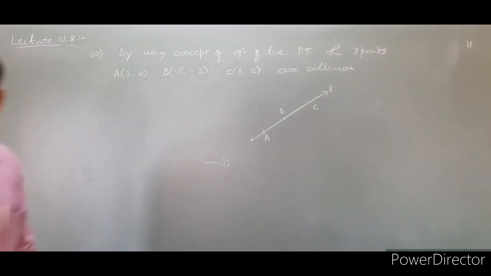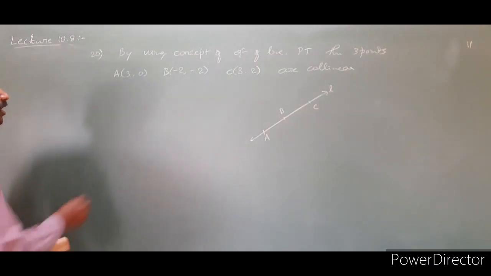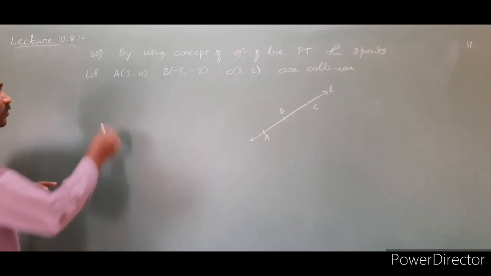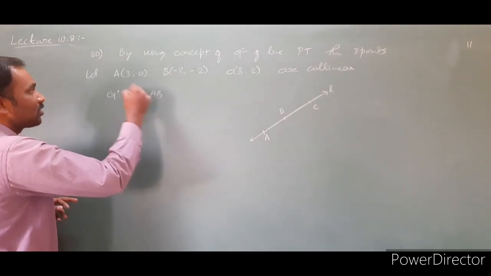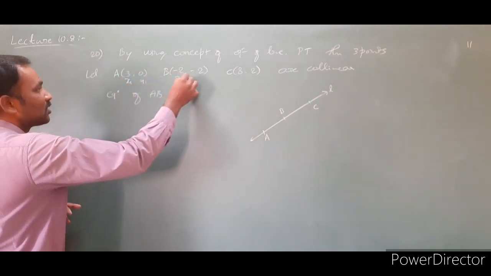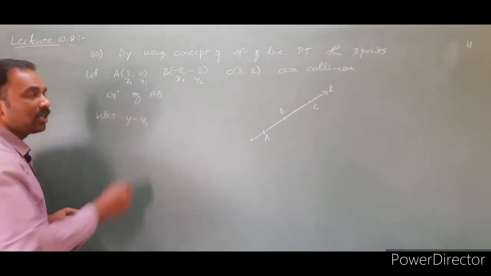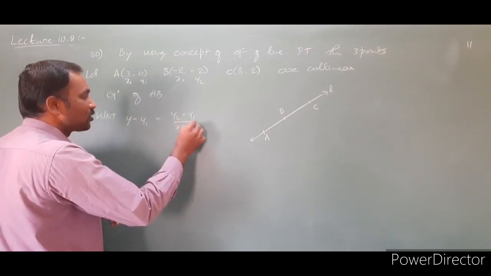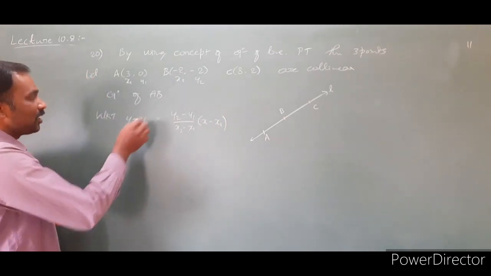Yes, carry on. So what we have to do here, first of all, is find the equation of AB. So let these be the given points. Now, what is the equation of AB? This is x1, y1, and this is x2, y2. We know the formula, the 2-point formula: y minus y1 is equal to y2 minus y1 divided by x2 minus x1, into x minus x1. So replace it.